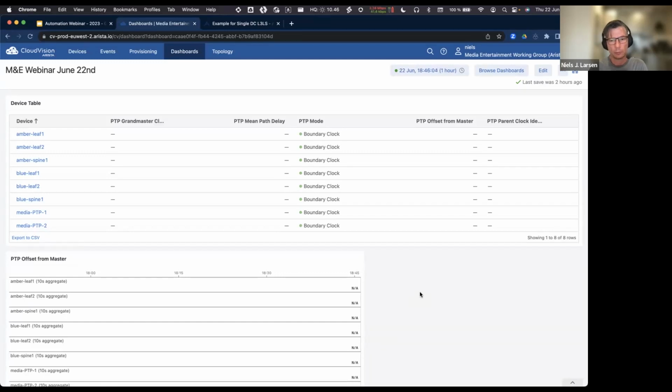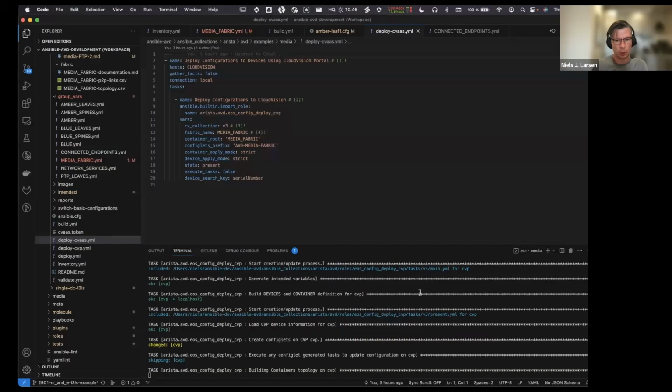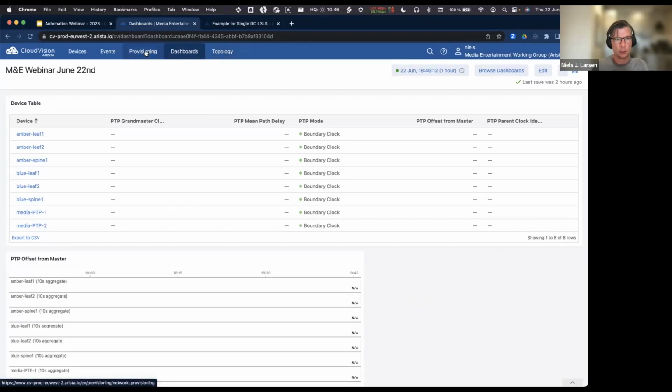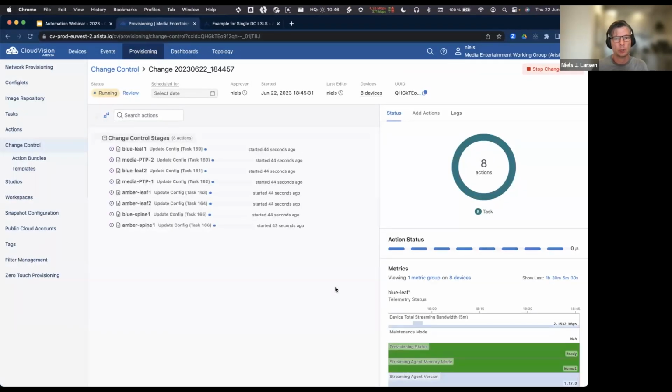Crossing my fingers here. It worked earlier at least. Let's see how far we are. That is complete. Is the change also complete? No, not yet. So we're still waiting for the change control to complete.